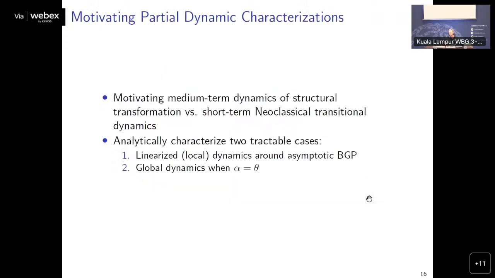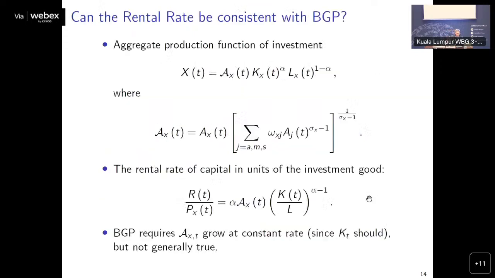So, go ahead. No, so I just wanted to ask, I know the price of investment good is falling because of the technical change, you're getting better at it. And so the rental dynamics, they respond to the stock of capital, right? The rental rate dynamics. Yeah. And you said something about PX and rental rate moving differently. But in the end, rental rate is just a function of your stock of capital, which is a function of your prices, right? So is there a way to simplify that?